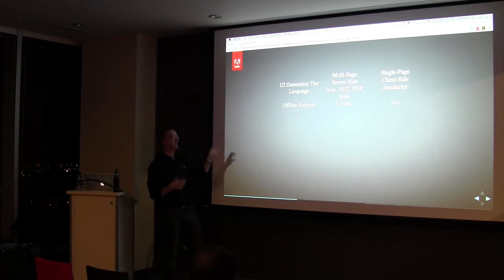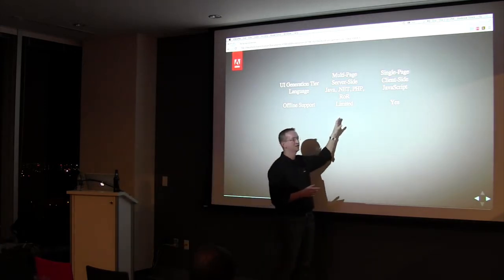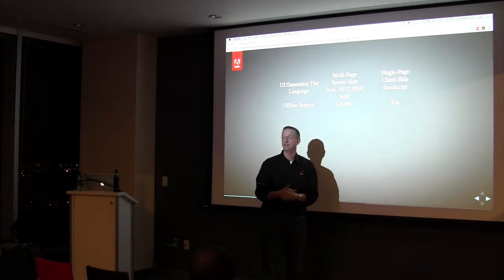You could be requesting data from a server, and that could be something else, but your actual language for creating the UI is JavaScript. For offline support, I mentioned this already, multi-page architecture, yeah, there's HTML5 cache, but